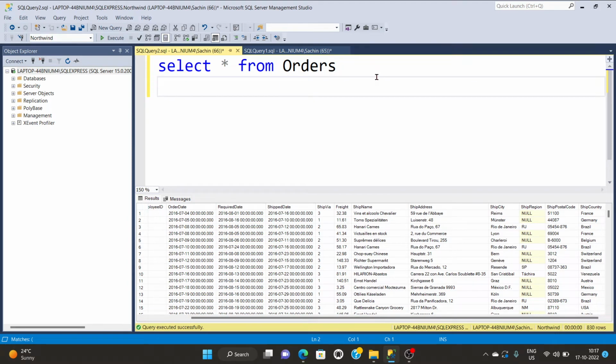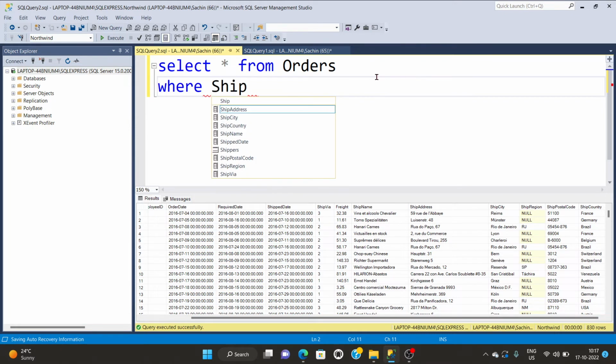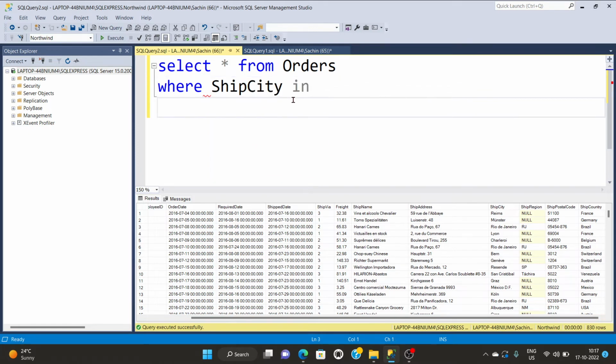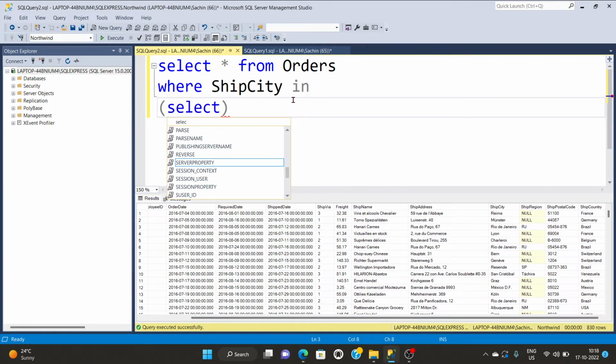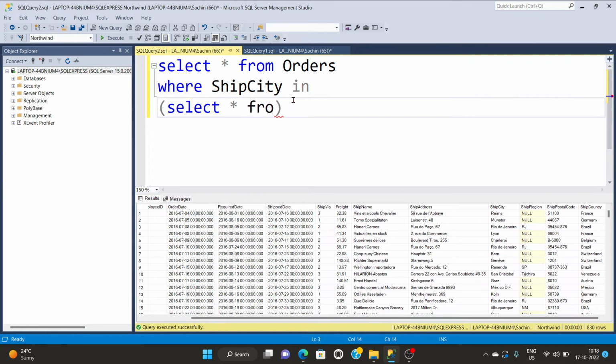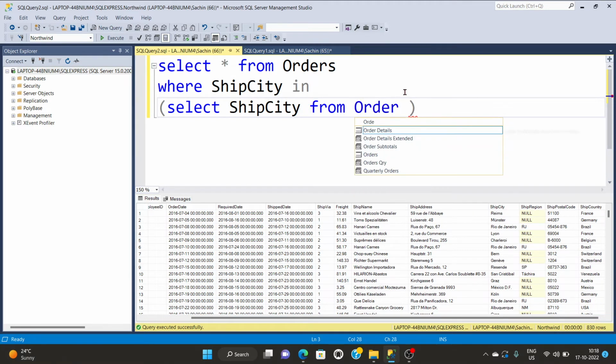So I can write select star and then where ship city in, and write the subquery within the round brackets. So select ship city from orders